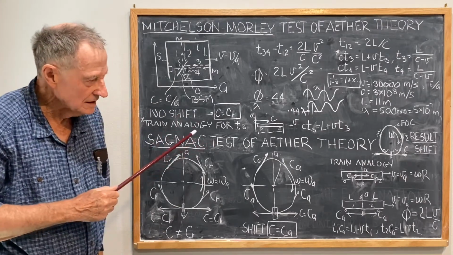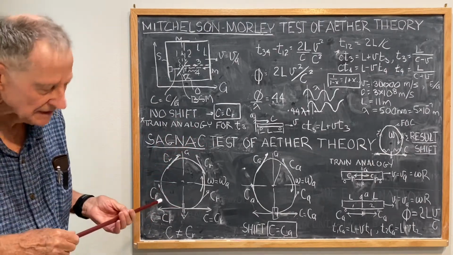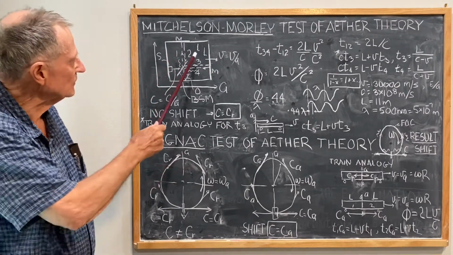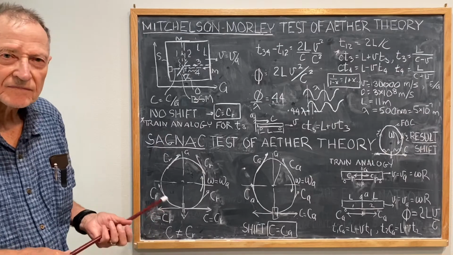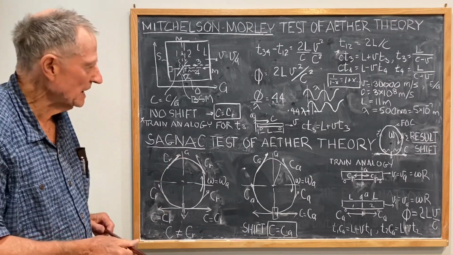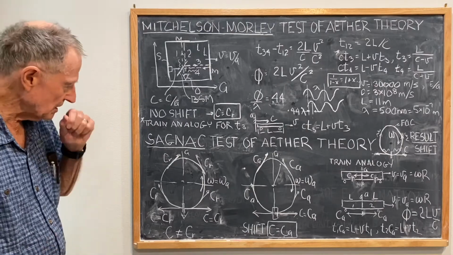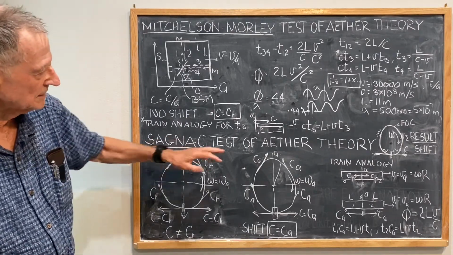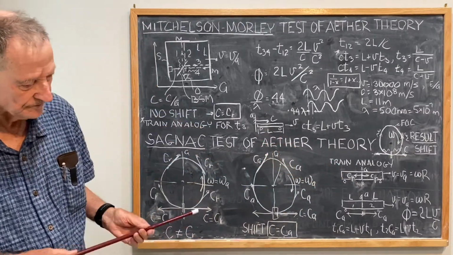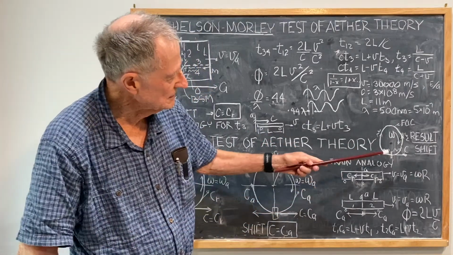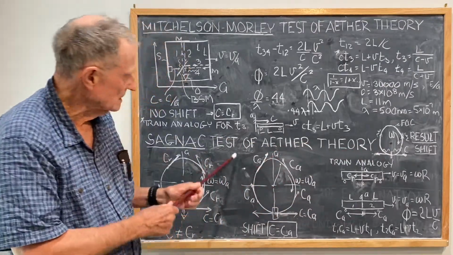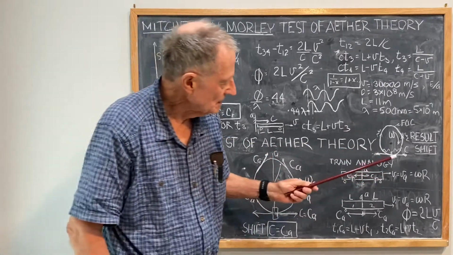Then Sagnac observed that if you rotated a Michelson-Morley interferometer, you indeed experienced a shift in the interference pattern. Now, the Sagnac test of the ether theory is a representative test, or an implementation of the Sagnac test that's very common, is a ring,